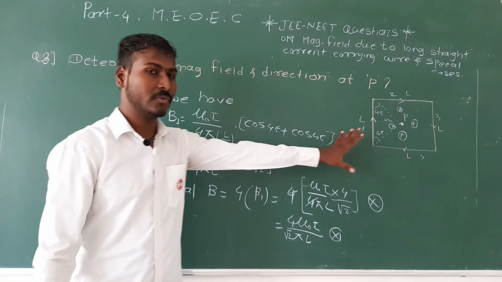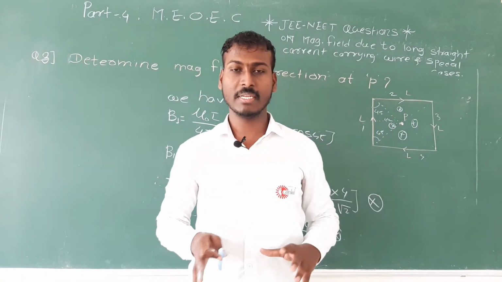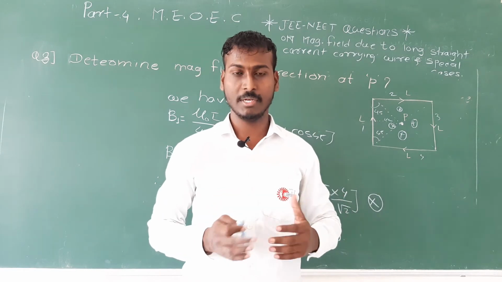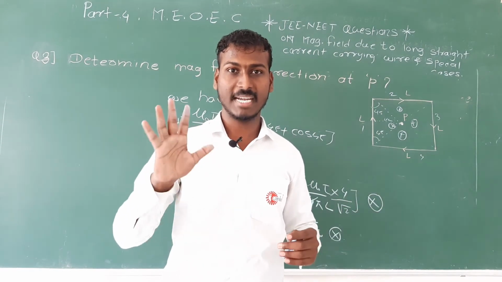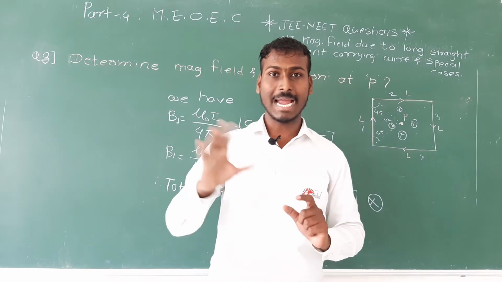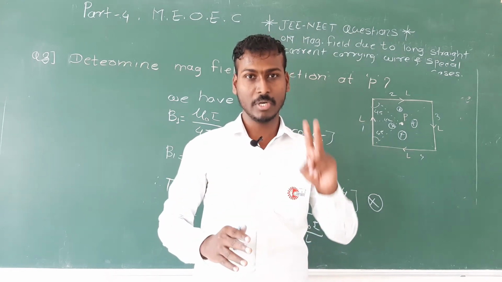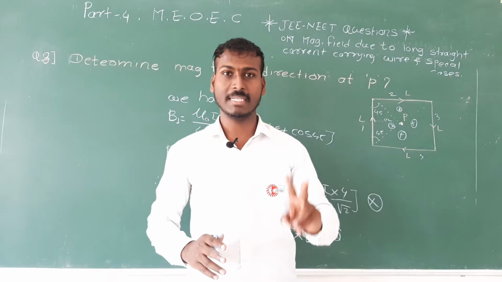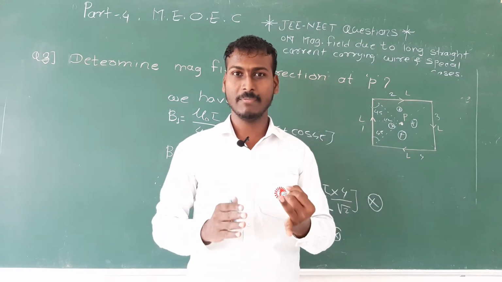Okay. See carefully what we have done. You have to just convert the given case into the case which we know, into the diagram which we know, and after that just focus on the direction, because magnitude will be the same if that point is at equidistance, because you know that magnitude of magnetic field depends on only 2 aspects, that is current and second one is the perpendicular distance of that point P from the element.